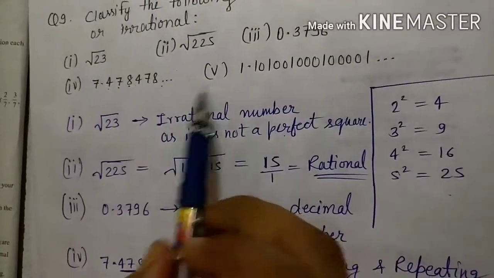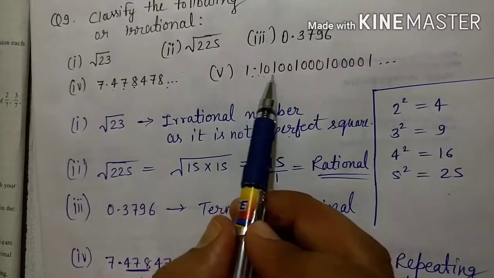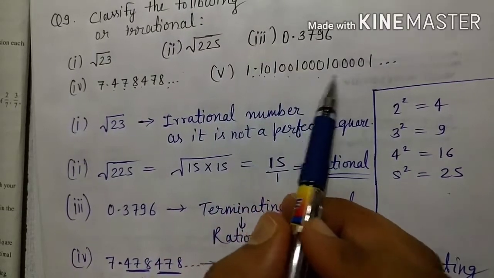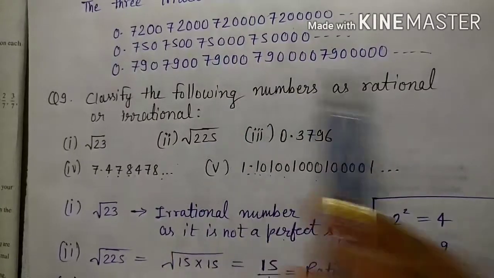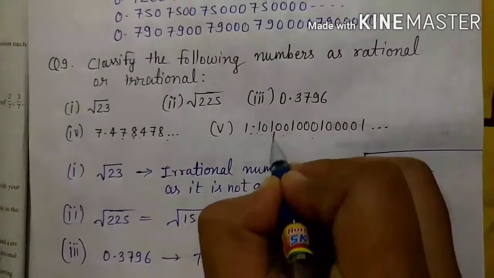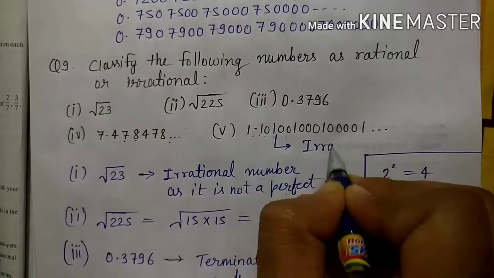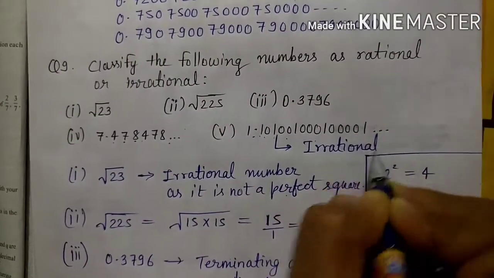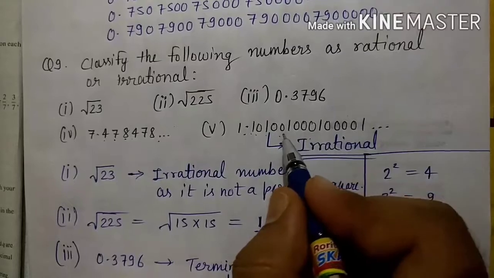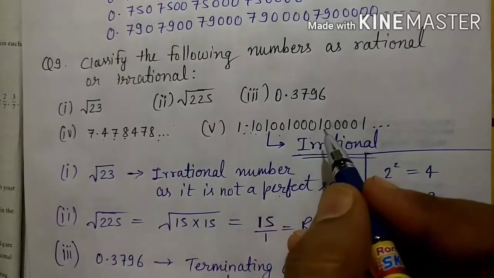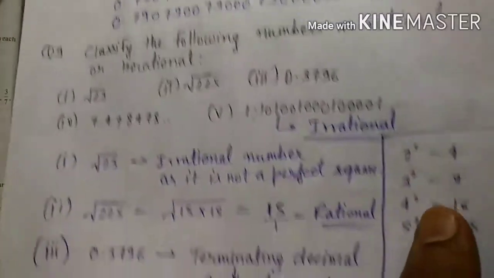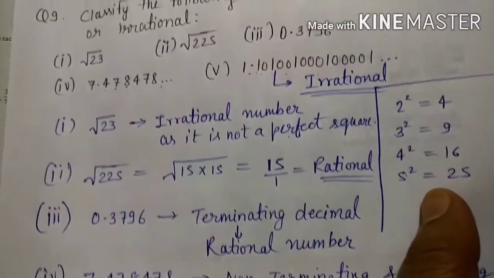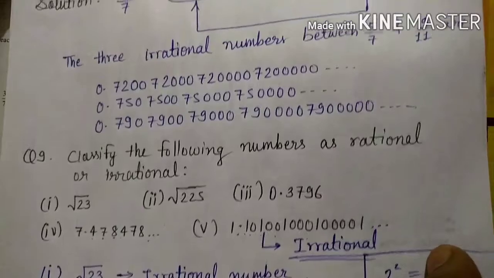Now the last part, 1.10 100 100 then 140, then 1. Already we have done the 8th question where you have seen this. So it is a part of what? It is a rational number only. And what can you write as the reason? You can write the reason that it is a non-terminating and non-repeating decimal. So in this way we have solved our full exercise 1.3 here. Now I will give some more questions in the extra part, so you can solve it by yourself.